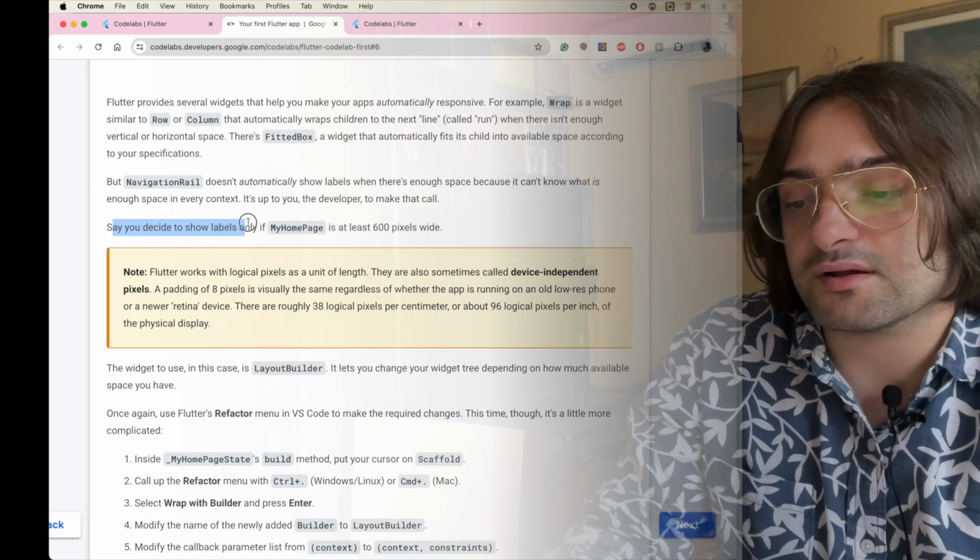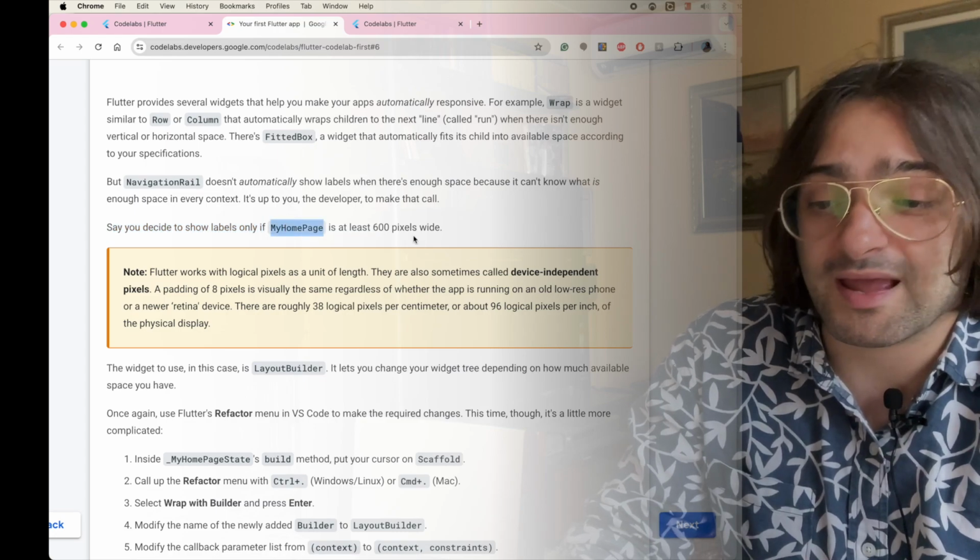Let's say you decide to show labels in MyHomePage only when it is at least